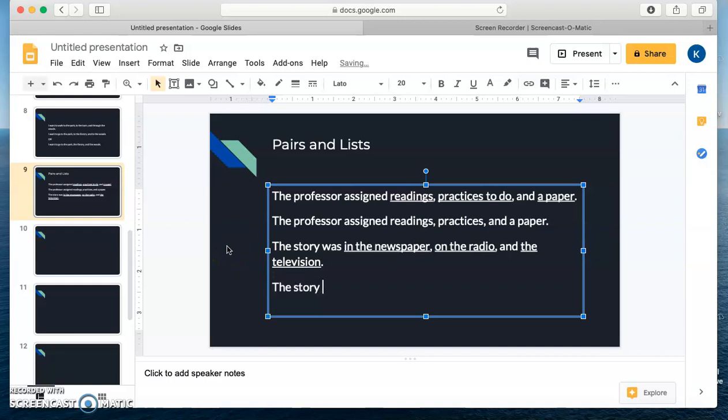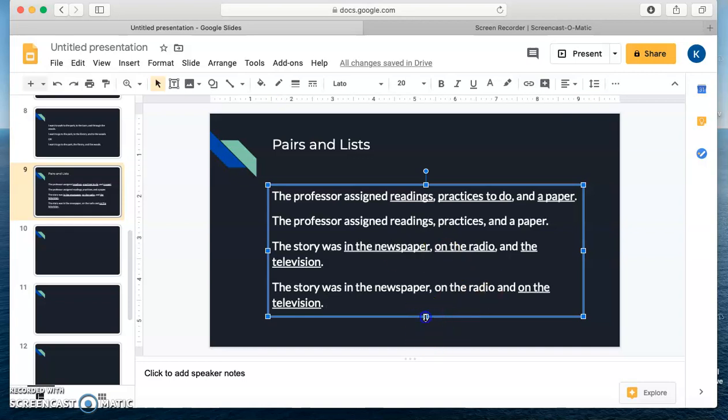The story was in the newspaper, on the radio, and on the television. Exactly, right. All we have to do to make this sentence parallel is to introduce another prepositional phrase: on the television. Now, some of you might be thinking, and understandably so, that another way that we could change this is